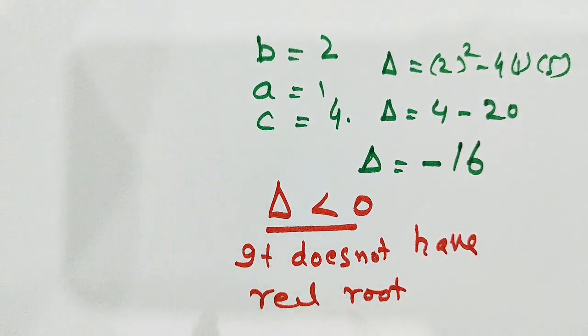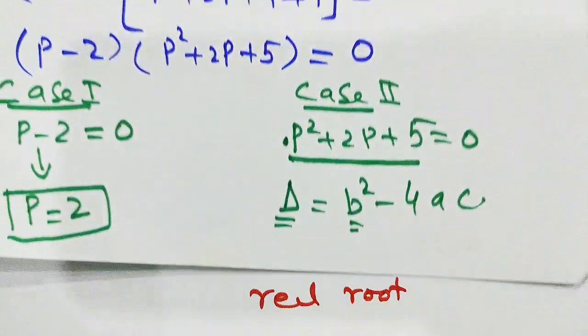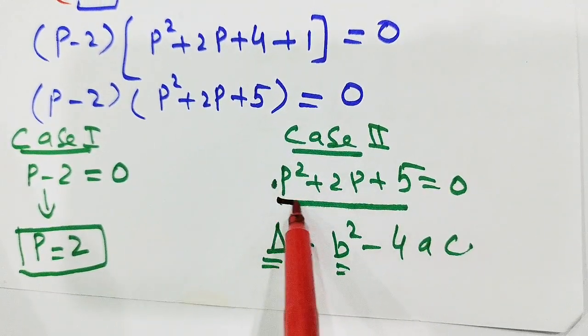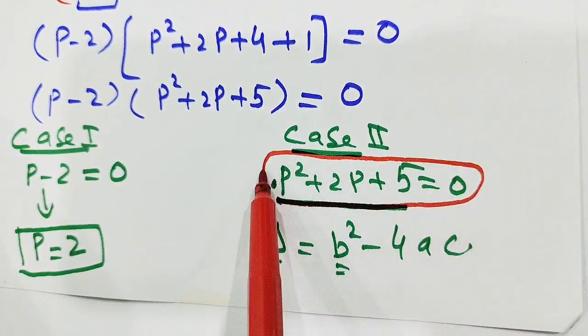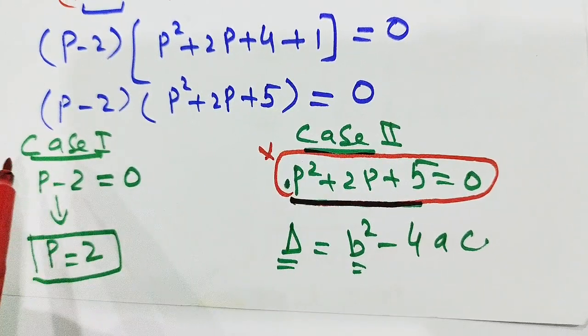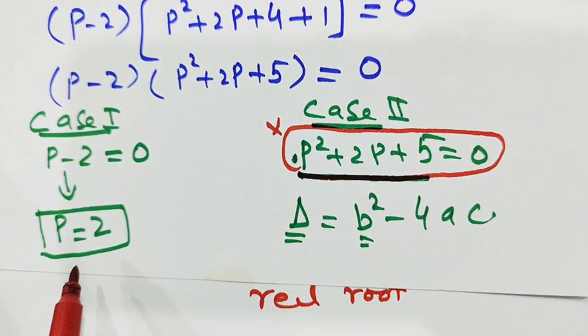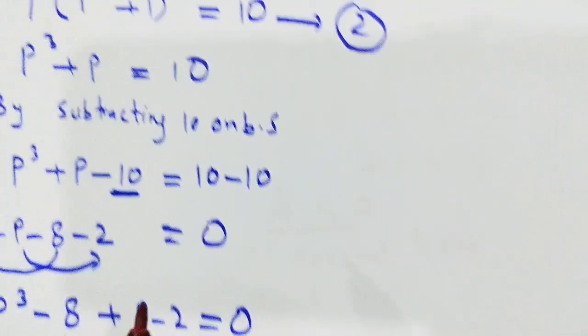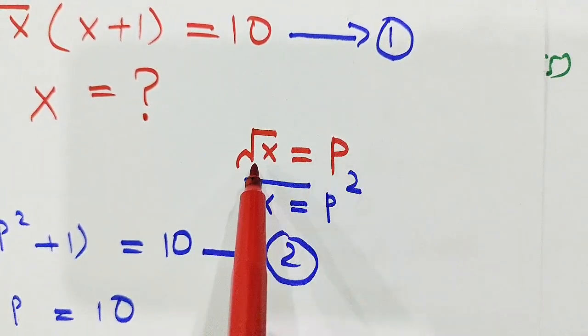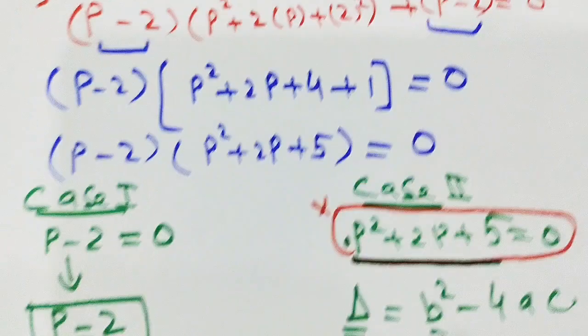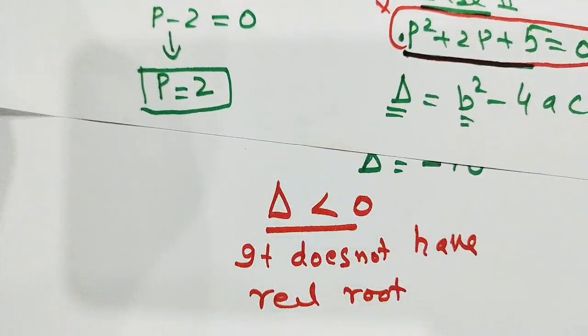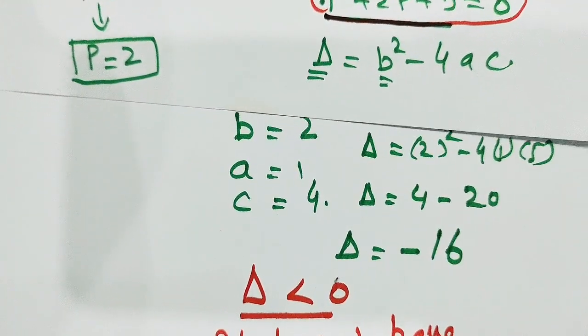Now let's move towards our case. So the equation p square plus 2p plus 5 equal to 0 doesn't have a real root. Now we will come back to our case number 1, that is p equal to 2. But initially, what is the value of p? Actually p is equal to square root of x. Now from this, our case number 1, what we have to do for our case number